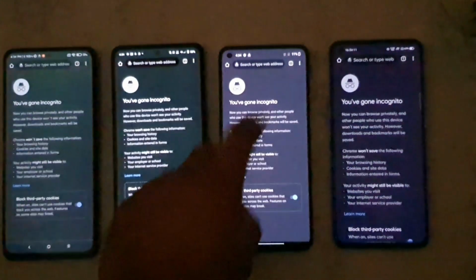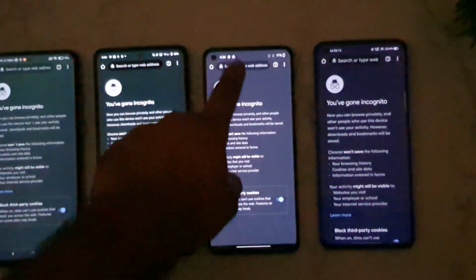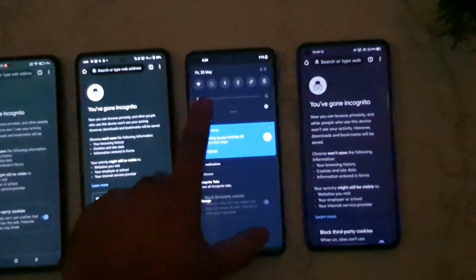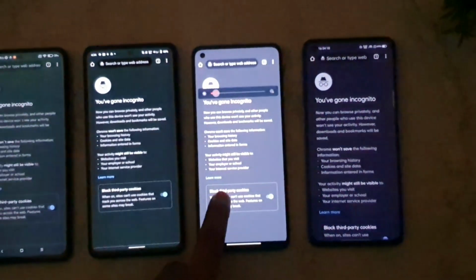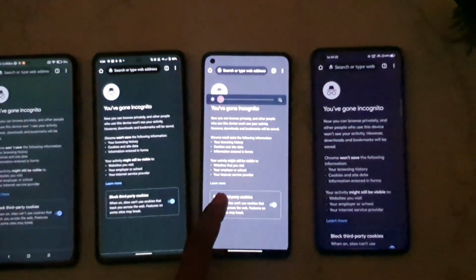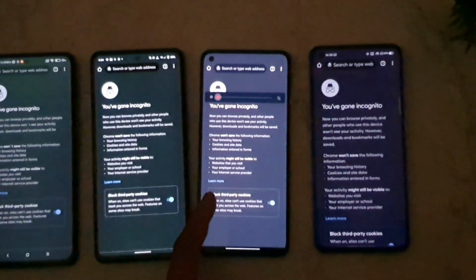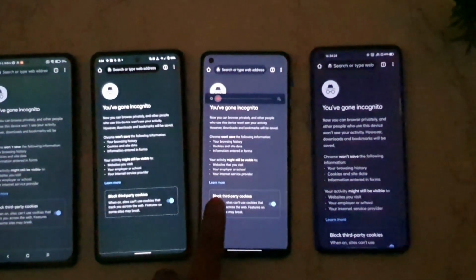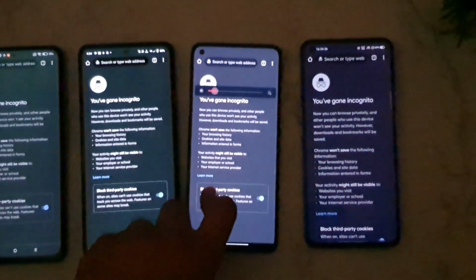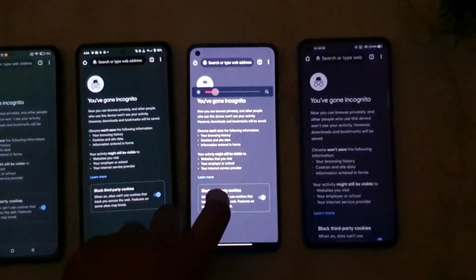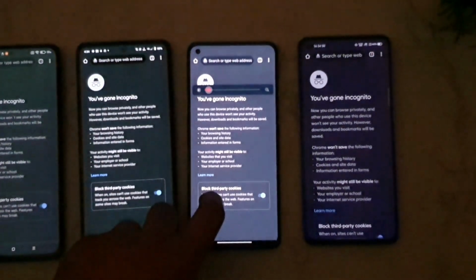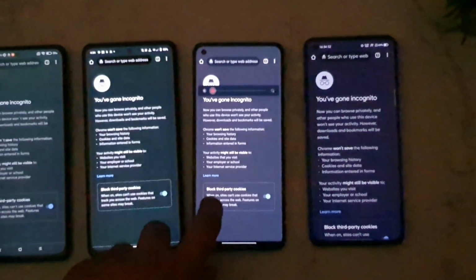And the OnePlus doesn't show any kind of sign at this point. Doesn't matter how much you increase or decrease the brightness. As you can see, friends, it remains still at the same point, same kind of colors. As you can see, I'm trying to increase and decrease. So there is no change in the colors.